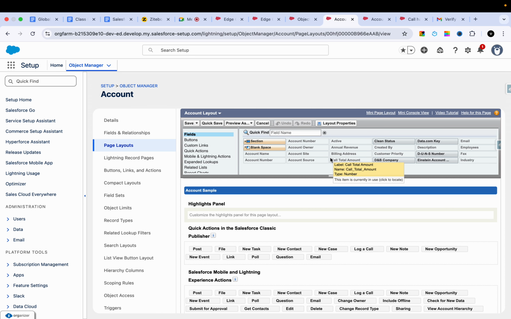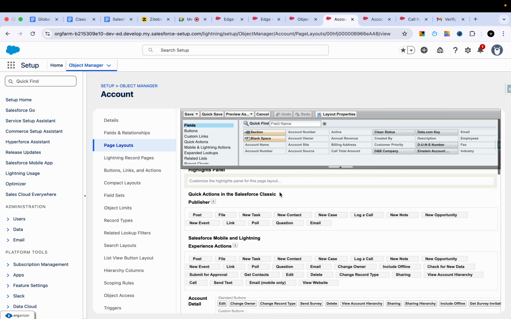In the page layout, you can make a field required as well. For example, this is one of the important interview questions, right? They will ask you how many ways you can make a field required. The first one is FLS. In the profile level, in the FLS, you can make the field required. The second one is